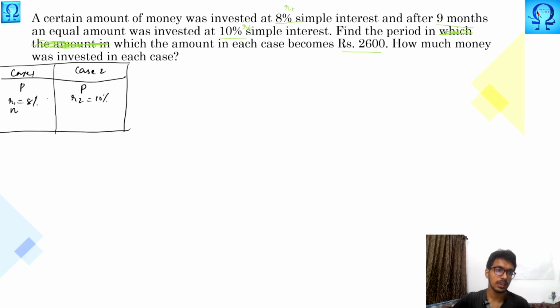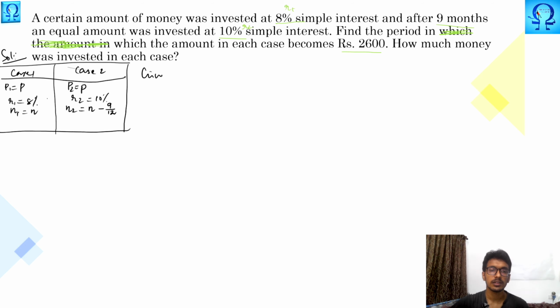Suppose we take n here, and after 9 months, if we take n1 to be simply n, n2 would be n minus 9 months, right? The first principal and the second principal are the same. And what else do we need? That is enough to find the I value or A value, right? So these are the given information, and we have started the solution actually.